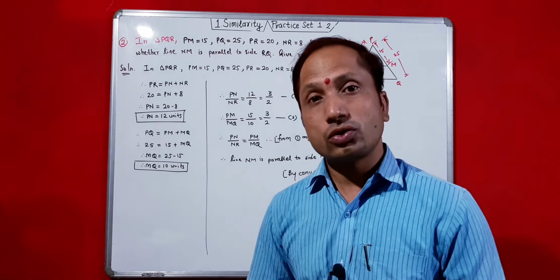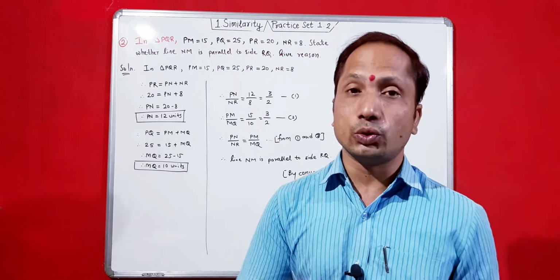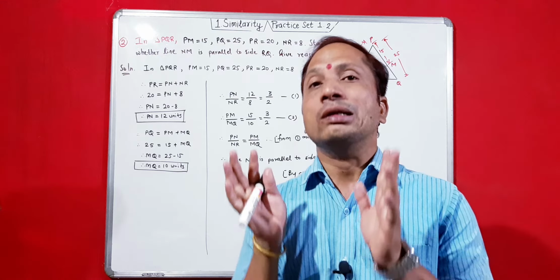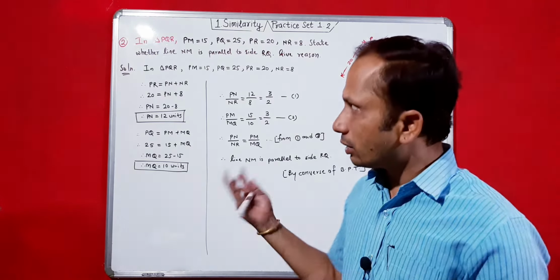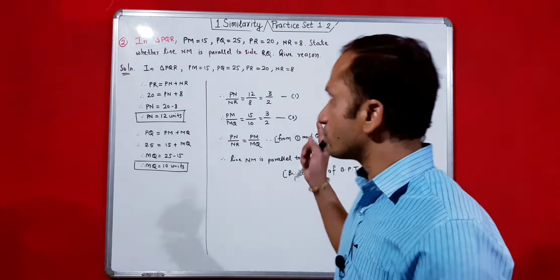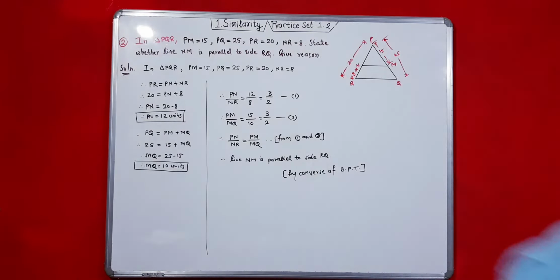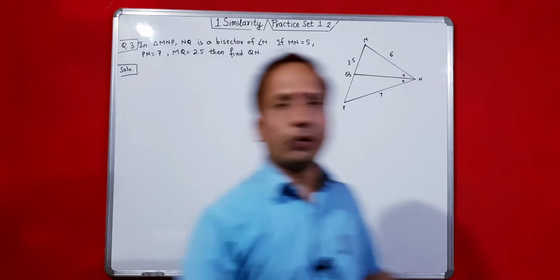According to the solution you will get marks. There is no need to write every time just given, to prove, and then the proof. These are the statements used for the theorems or converse. But in other categories also you can write like this. So this is question number 2, and now we are going to solve question number 3. Okay, we will solve the next question.